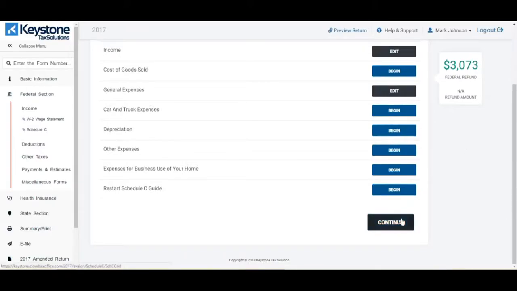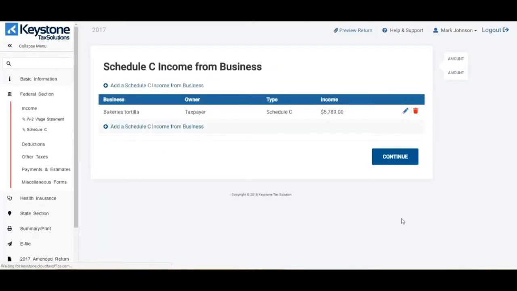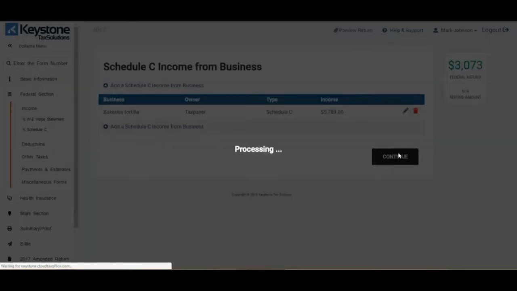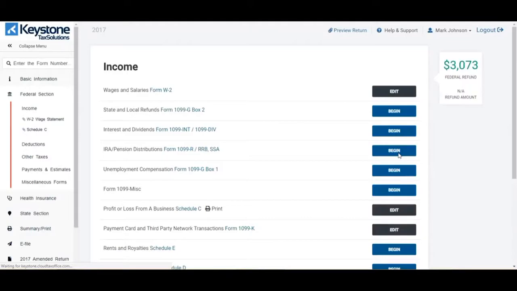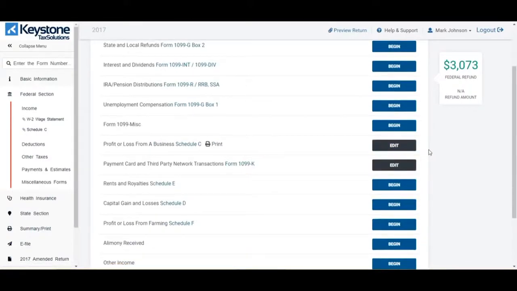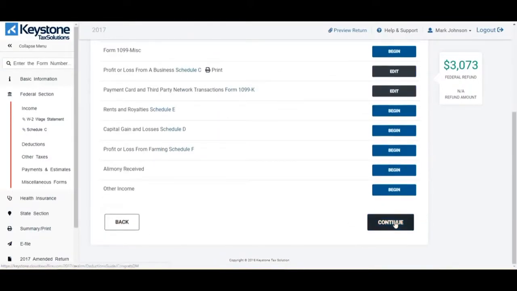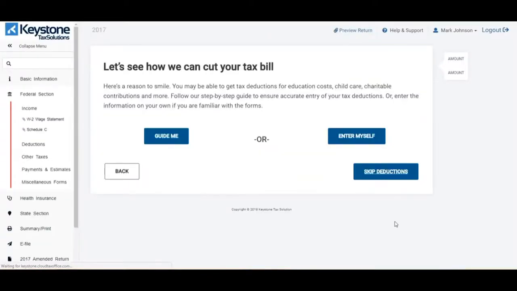So we're just going to click continue here. If everything looks correct, we're going to go to continue. Now if you're completed with everything on your income side, we're going to click continue. Now if you have any type of deduction